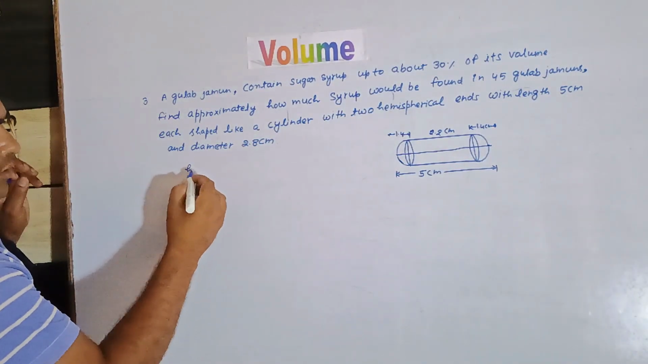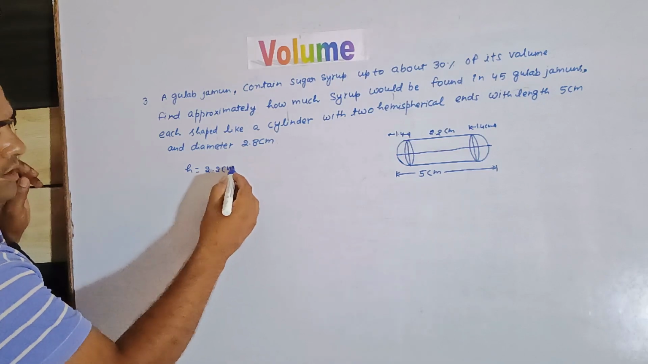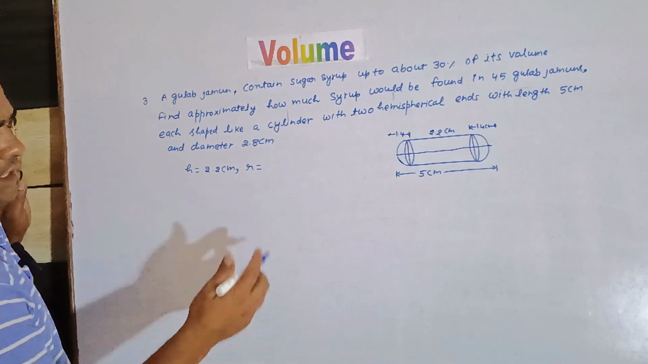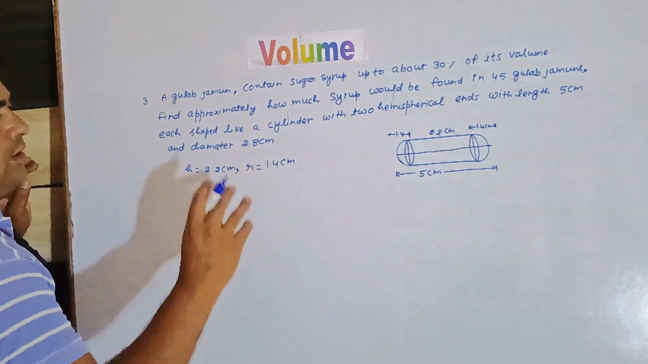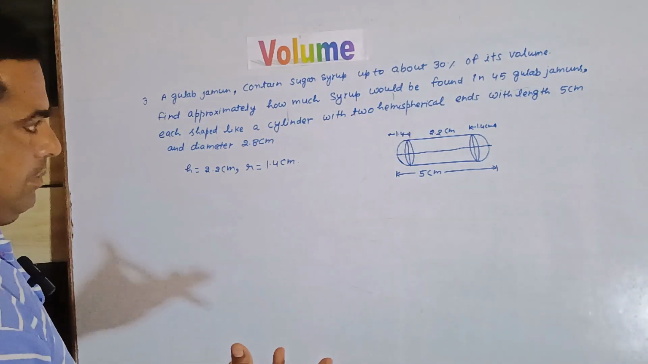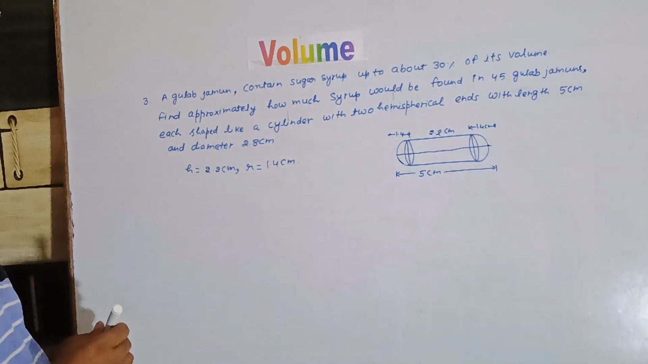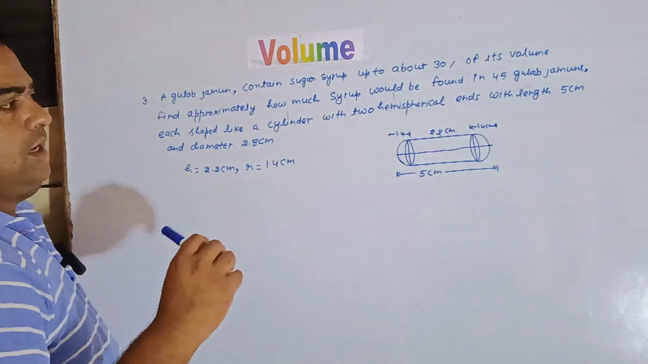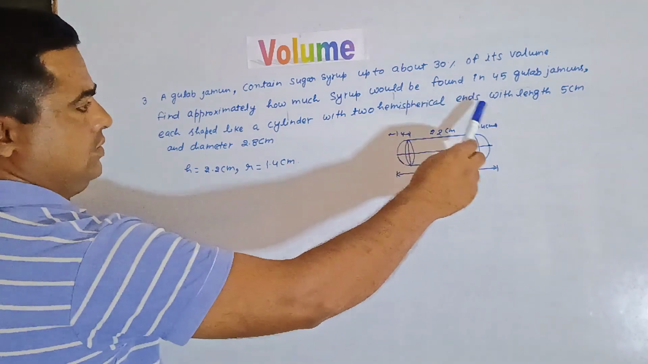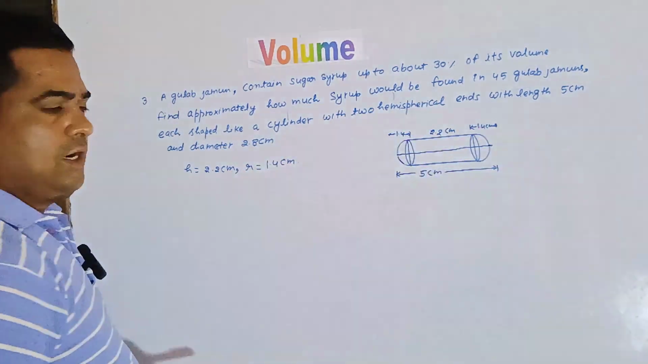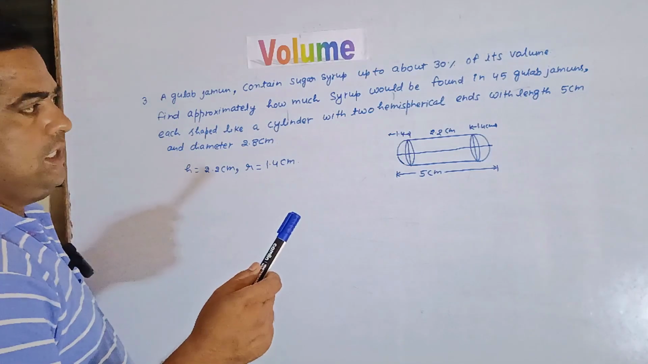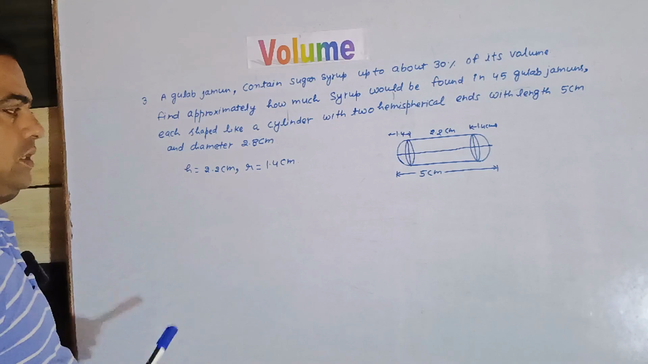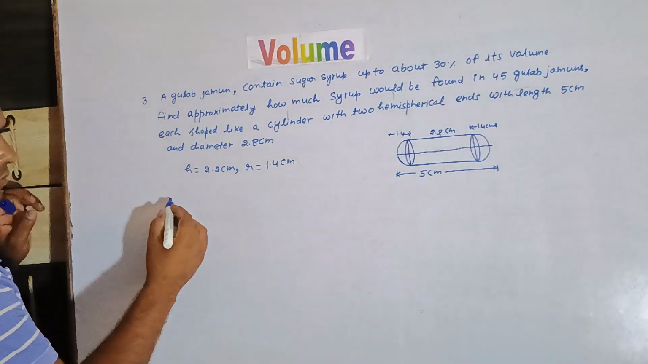Students, we can write here the height of the cylinder is 2.2 centimeter, and the radius of the cylinder and hemisphere both are the same, 1.4 centimeter. We have to find the amount of the syrup. One more thing, they are saying 30% is sugar syrup. Suppose the volume of a gulab jamun is 100 centimeter cube, then 30 centimeter cube will be the amount, the volume of the sugar syrup. Now we are finding the volume of